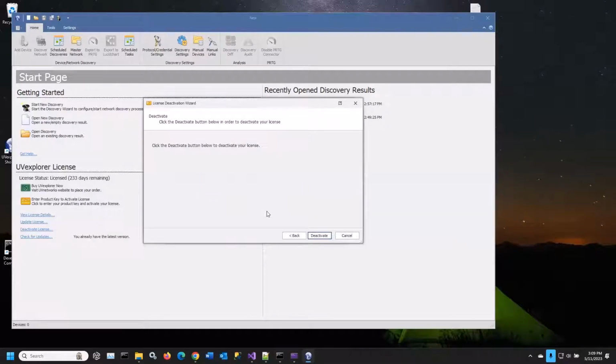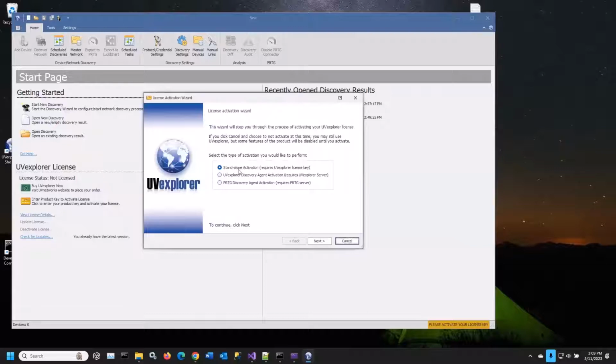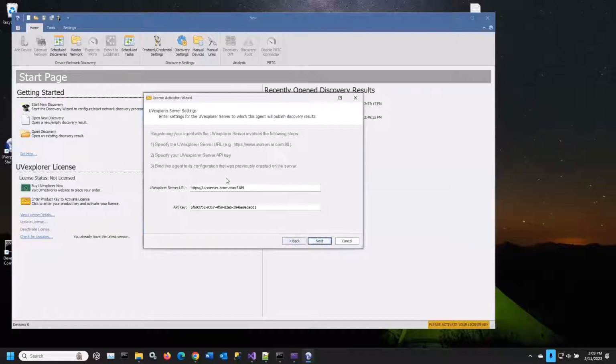And so I'm essentially going to disconnect the product. But then I'm going to reactivate the product. And instead of doing the standalone activation, I'm going to do a UVexplorer discovery agent, which will interact with the discovery server. When I do that, I need to build a connection between this agent